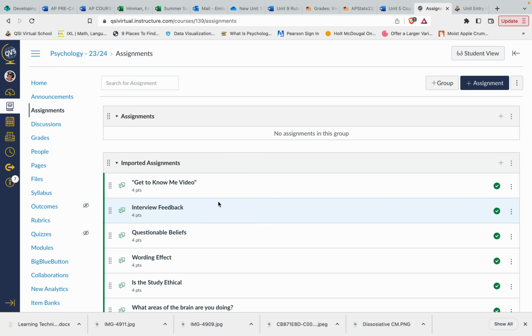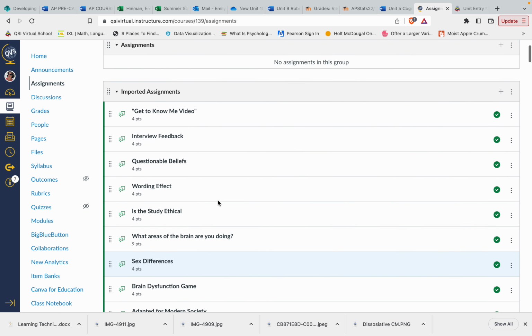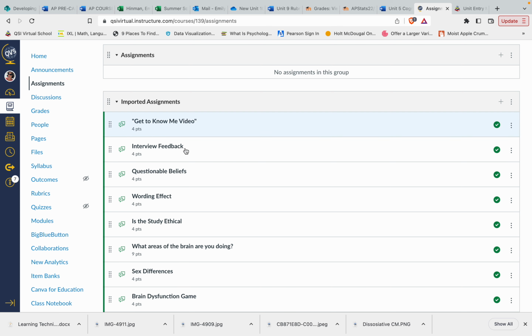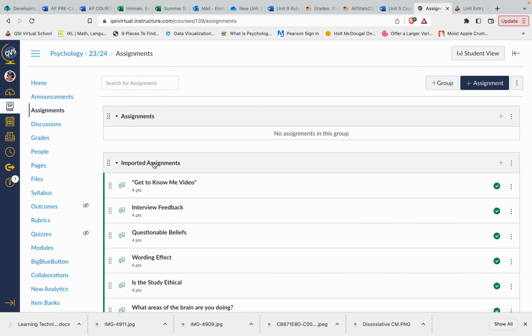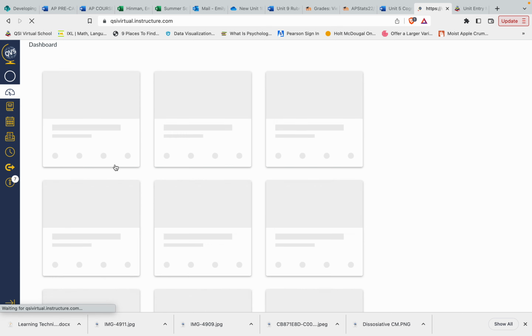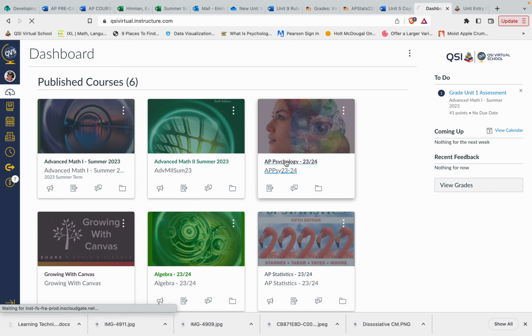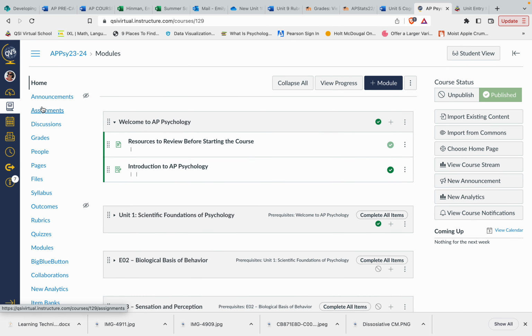Right now, when everything is imported from Moodle, it all gets put into an imported assignments box. I think you all know it. You could leave them like that. Nothing's going to hurt if you leave them in imported. But I find it was more helpful to organize them. I'm going to switch classes for a second to show you what it looks like for a class that's been organized. I organized all the assignments as I was updating them